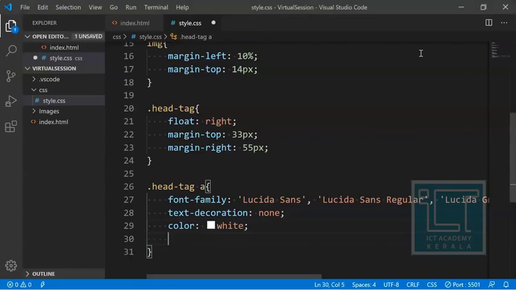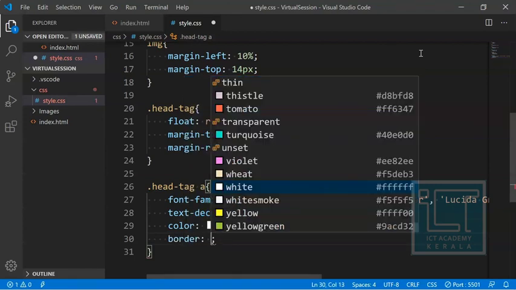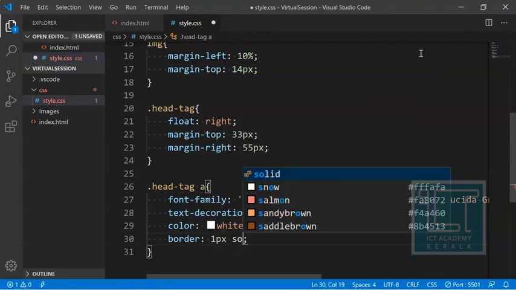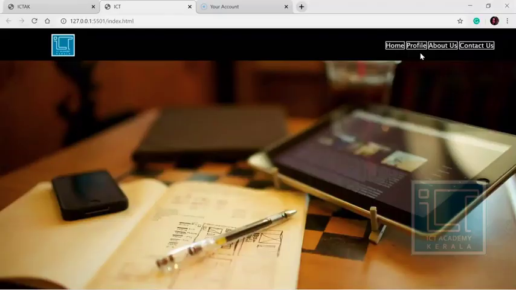Now I would like to give a border for all my anchor tags. The border will be 1 pixel solid white.